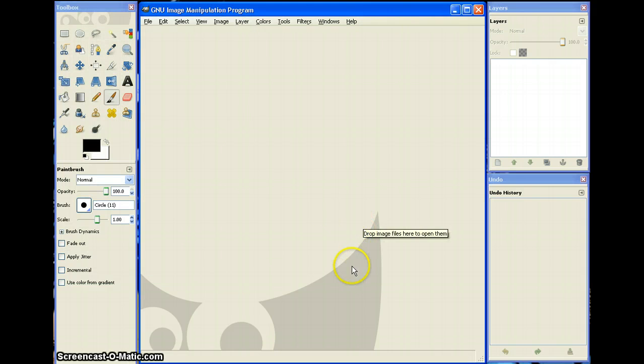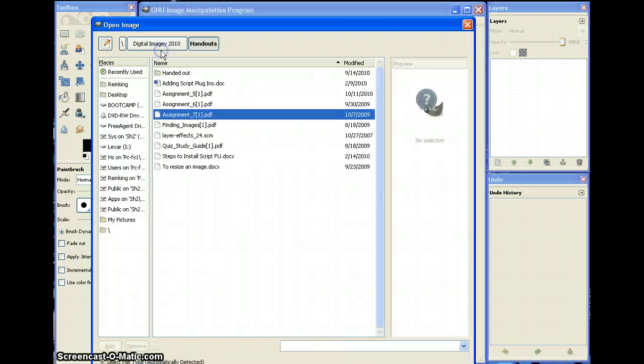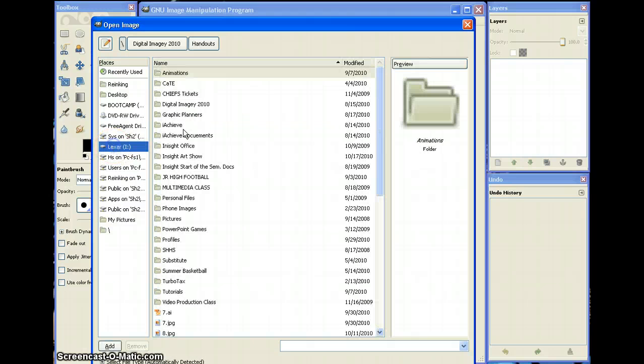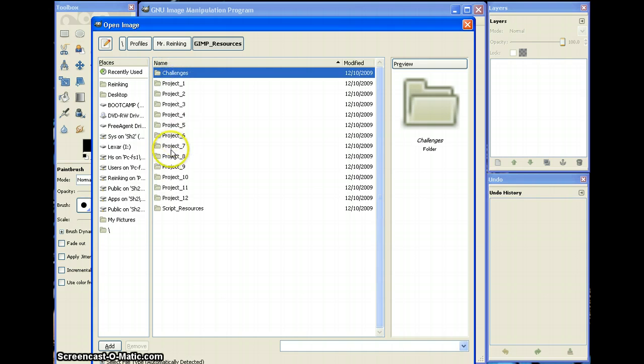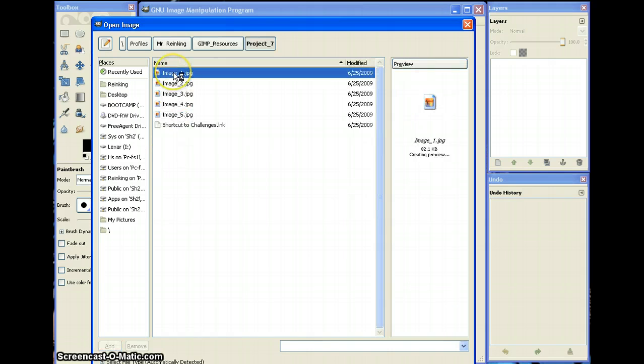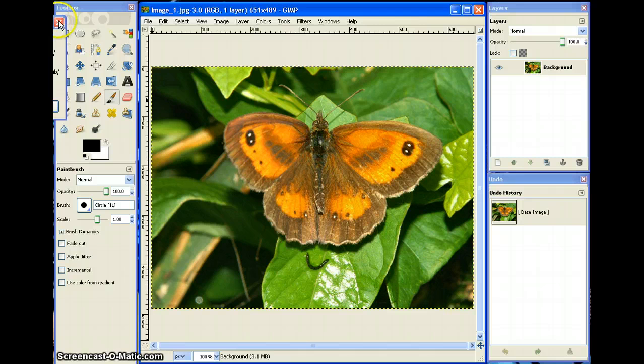Here I have GIMP loaded up, and go to your resource folder to open it up. Mine happens to be on a flash drive called Lexar. Then I go to my profiles, my name, which is going to be your name. Yours is probably under your C drive. Again, mine's under Mr. Ranking, GIMP Resources, and this is Project 7. So when that opens, just click to Project 7. And I'm going to use the first image. I thought that was a neat one to work with, and it works really well. So that's going to be my first